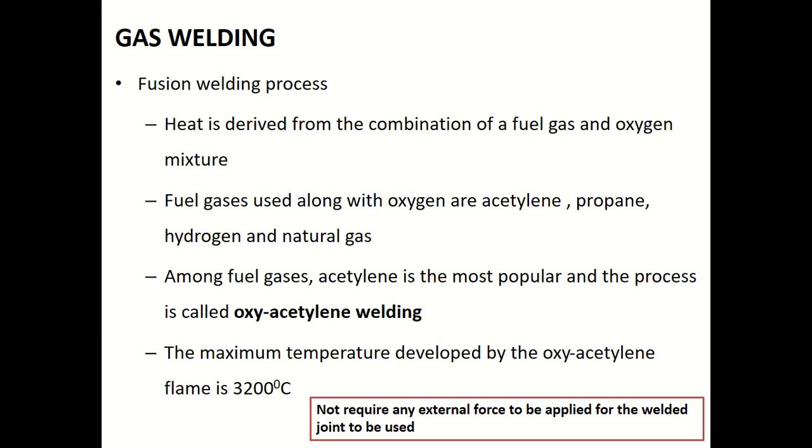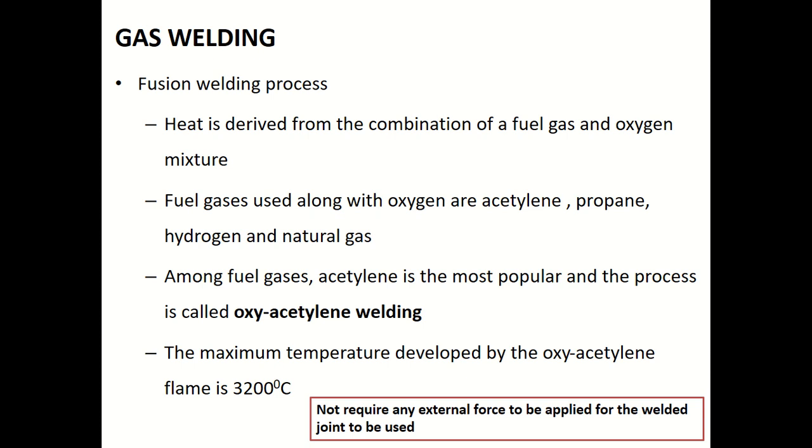Among the different gases I discussed, like acetylene, propane, hydrogen, and natural gas, acetylene is the most popular, and when acetylene is used in combination with oxygen, the welding process is called oxyacetylene welding. When we are discussing gas welding, the first welding process which is very commonly used is oxyacetylene welding. And the maximum temperature developed by the oxyacetylene welding flame is